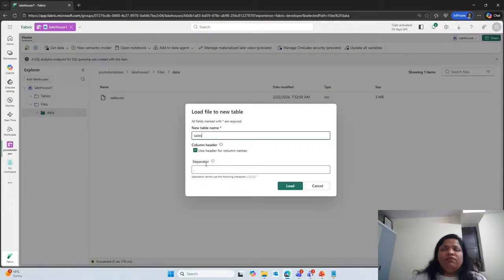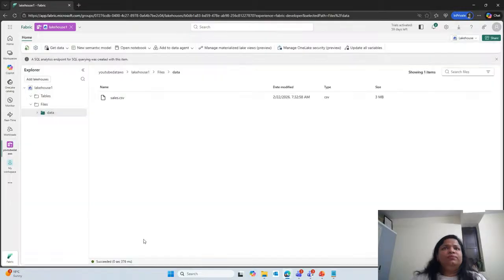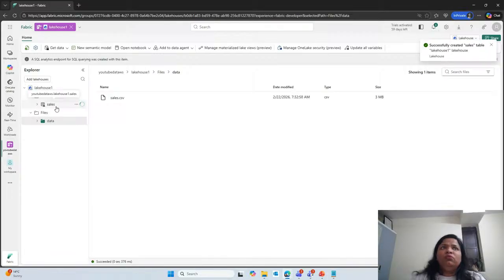So I have both the things available in my file, and I simply click on load. Now you can see data has been loaded as a table.